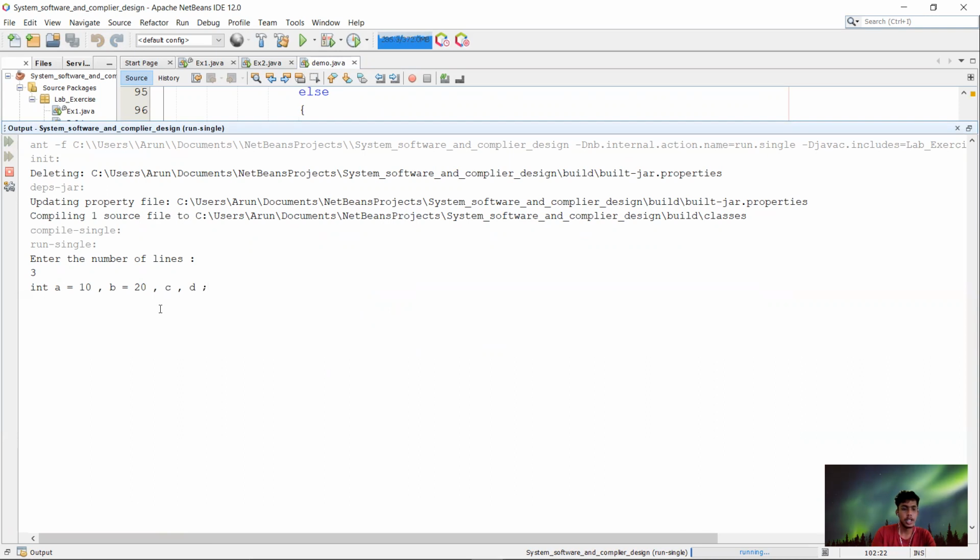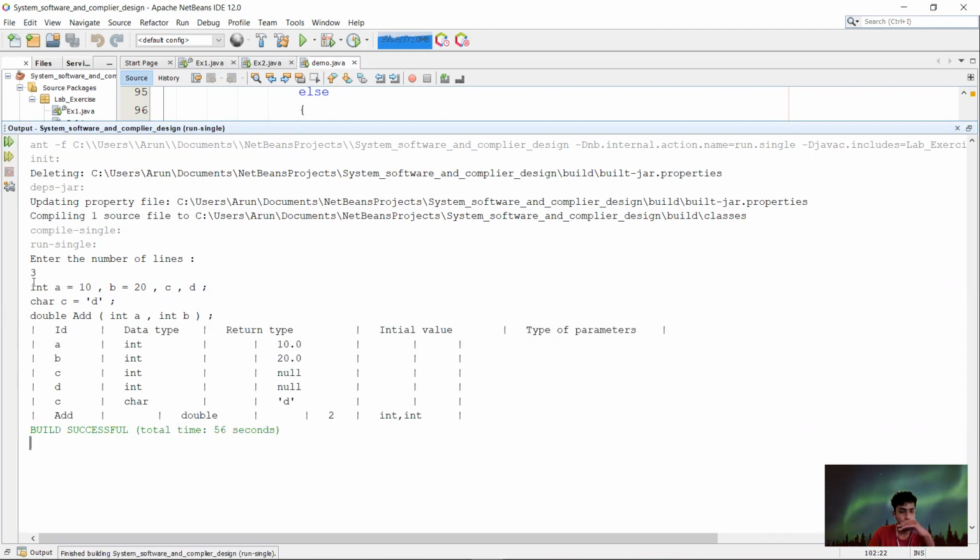In the second line, I'm going to take a character c equal to 'd'. And in the next line I'm going to write a function called double. I'm going to name the function add, and I'm going to pass two integers, int a, int b.